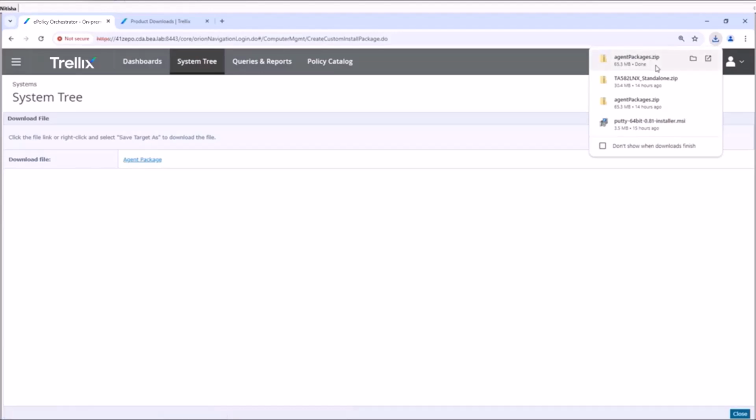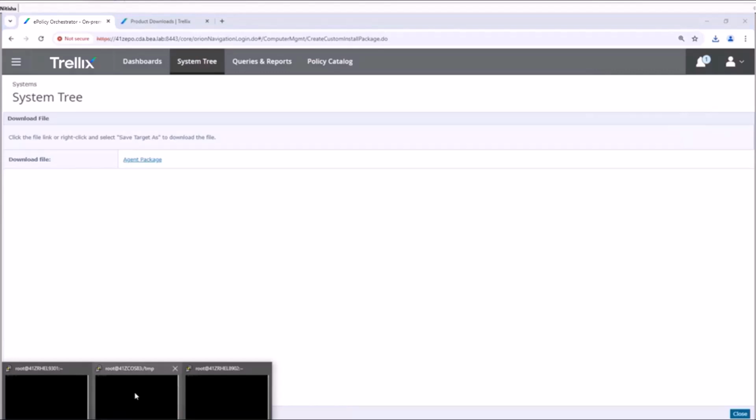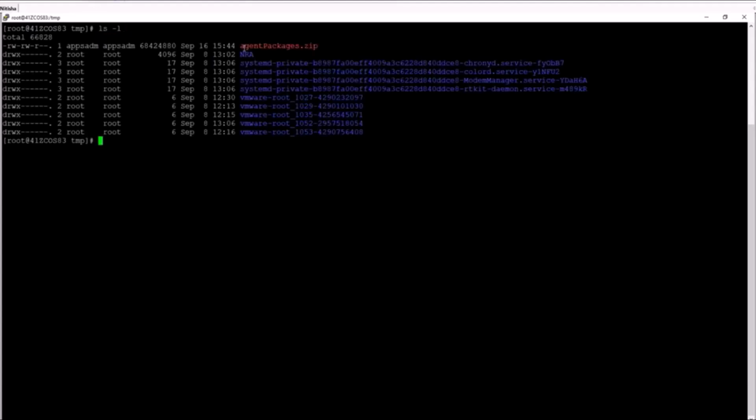So here you can see the package is downloaded. With the interest of time, I have already moved the agent package on one of my machine. So let me check the package. So here you can see the package is already there. I'll unzip it. And we can see we are having the installer script, which is install.sh file. I'll provide the required permission